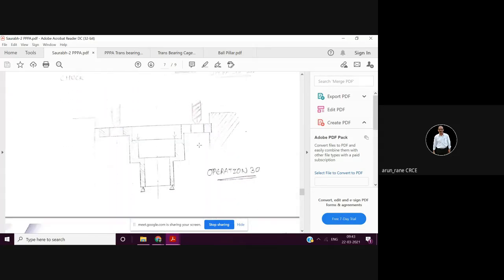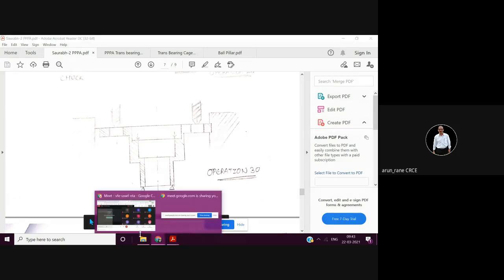Then operation 30, that is the drill jig. Now see, here he has located here, because it is resting on this, right? At the same time he is locating on this diameter also. There will be a locator here, and then clamping over here on this face, because the locator will be nothing but a shaft kind of thing or a mandrel kind of thing.